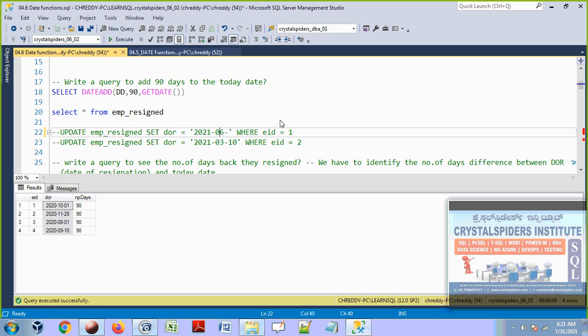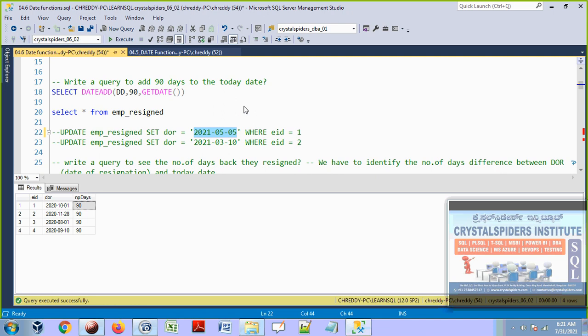Okay, say 5th month 5. He resigned on May 5th, and he has to serve a notice period of 90 days. That means after resigning, he still has to stay with the company for 90 days. That's what the notice period is. So with 90 days, for this date, what is his last working day?